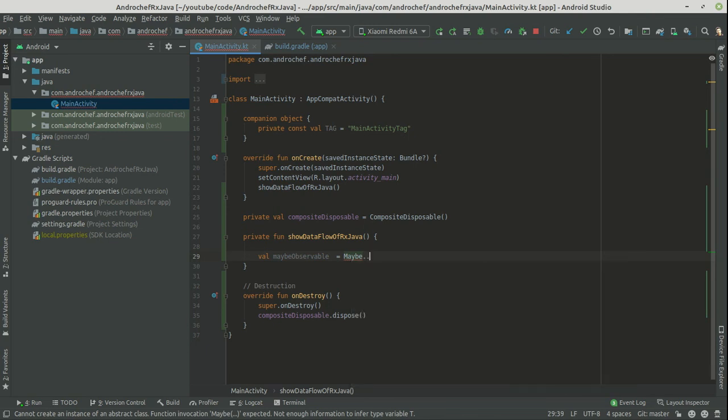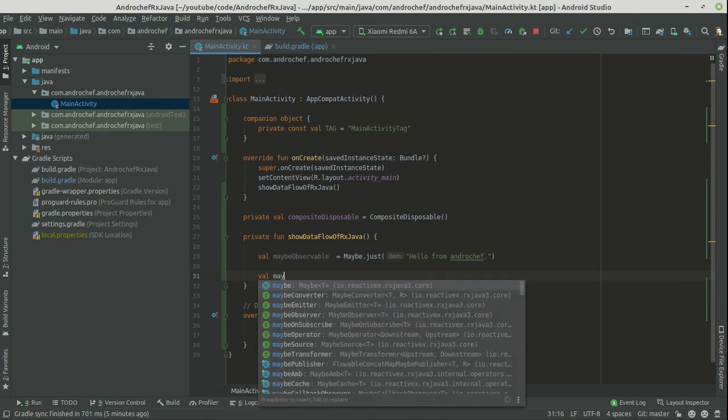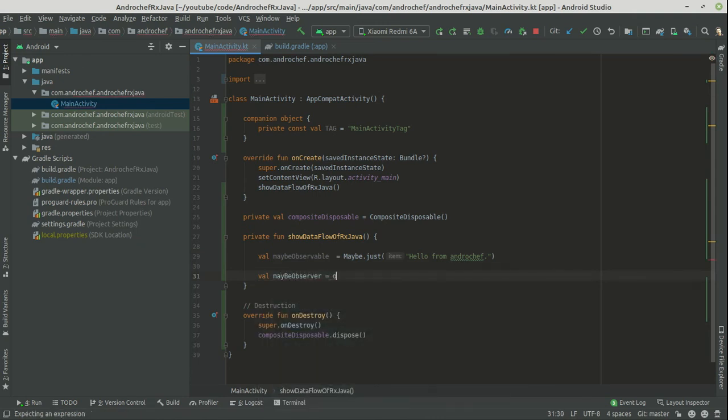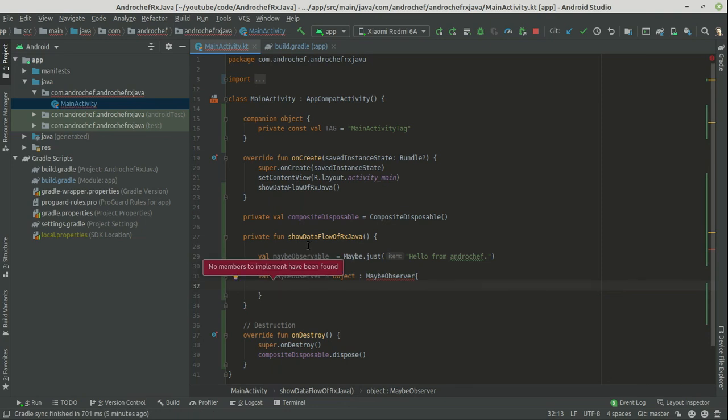So we can use just, or we can use empty. Let's use just first. In that one we will use hello from Androchef, and we will create a maybe observer. It is an anonymous class. It will override some methods, and we have to pass the type, so it is type of string.